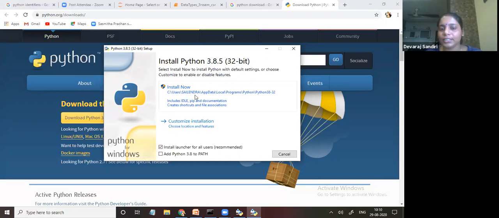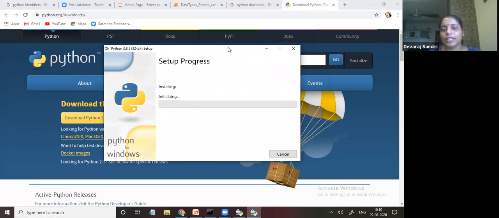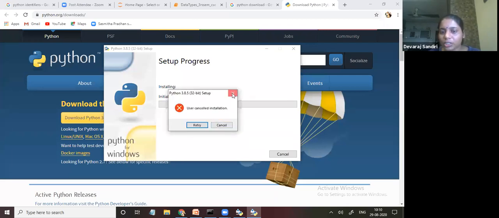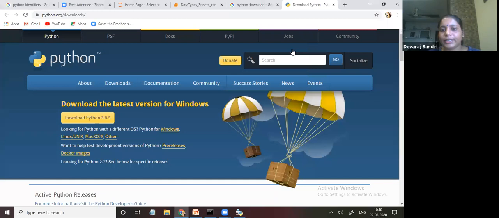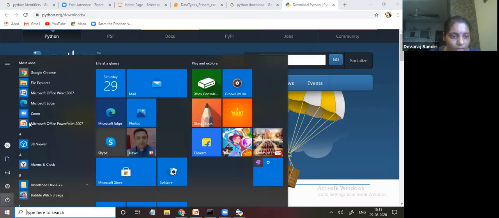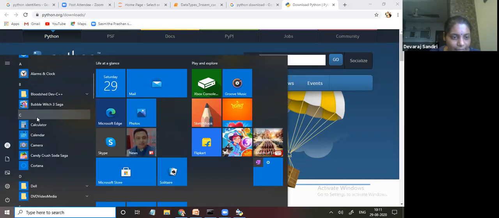After that, click install now. Then you will see the installation process, and you will get Python directly from your Windows. When you click Windows, Python, you will get it.